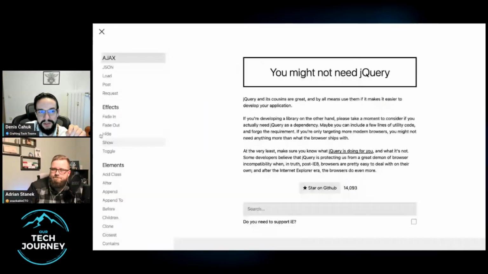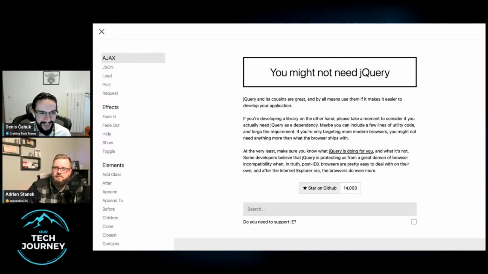There's a website called You Might Not Need jQuery. For those of you who are old enough to remember jQuery, it didn't used to be such a lovely place to code in. It used to be quite a jungle. jQuery was basically this universal shim, because craftsmanship on the front end sucks, JavaScript sucks, tooling sucks.